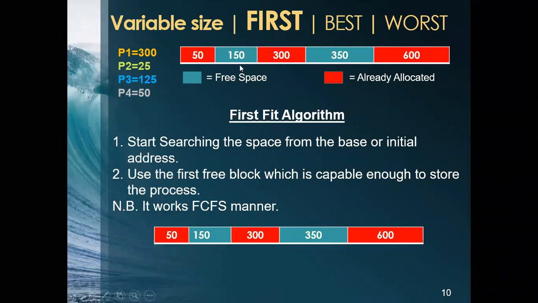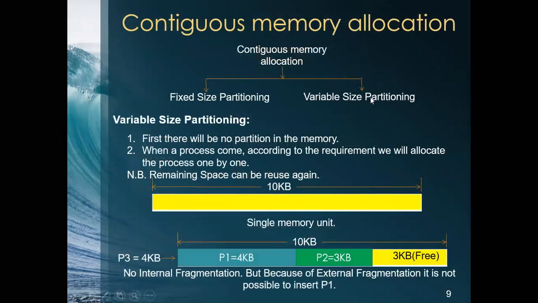So the algorithm names are first fit algorithm, best fit algorithm, and worst fit algorithm. They are very simple and straightforward. You will see once I explain them. So let's assume that we start with the variable size partitioning, because my first impression is that this one seems much more logical. Every time a process comes, depending on its size, we allocate memory, so no space will be wasted. So we will first start with the variable size partitioning.